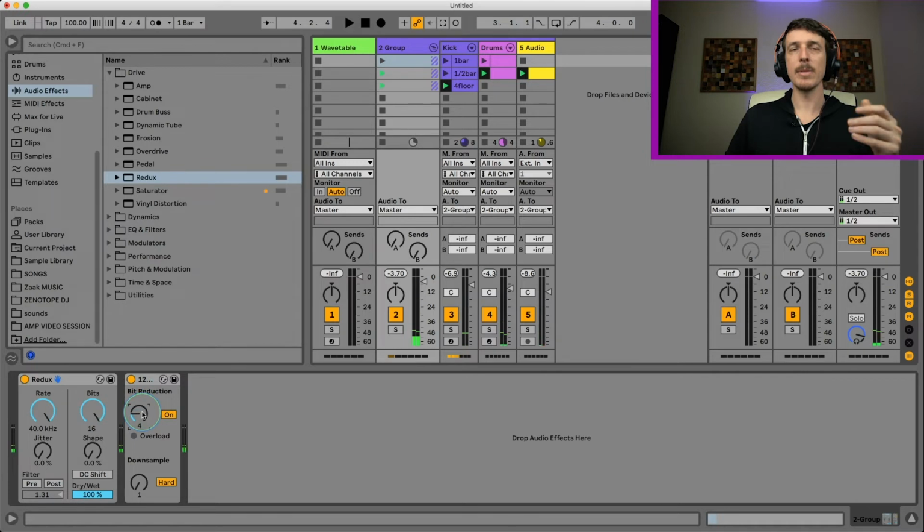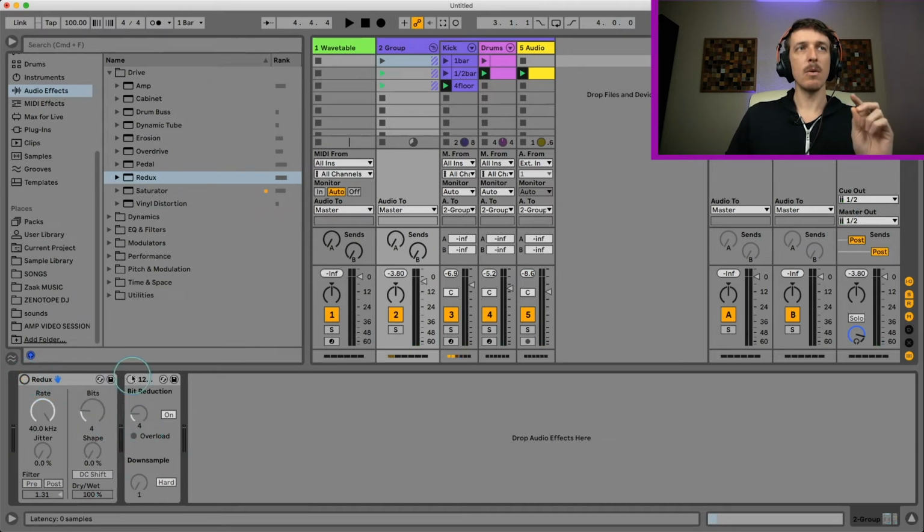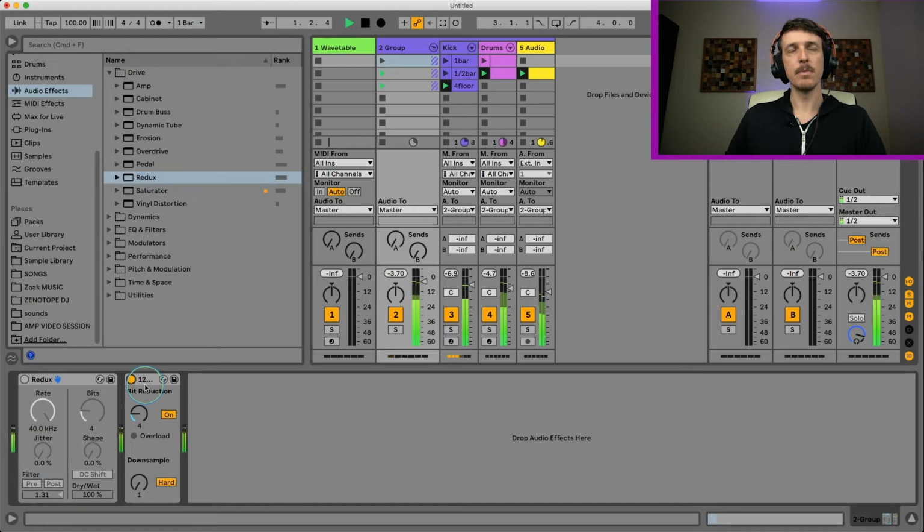So that's what it sounds like at 4. I'm not going to go all the way down to 1 because it does get very loud. So as I turn this one down, one thing you may notice here, it behaves a little bit differently. You'll hear that on the old Redux, it's a bit smoother. And then on the new one, it kind of jumps around. It almost mutes itself, kind of gates itself, especially as you keep turning this down,